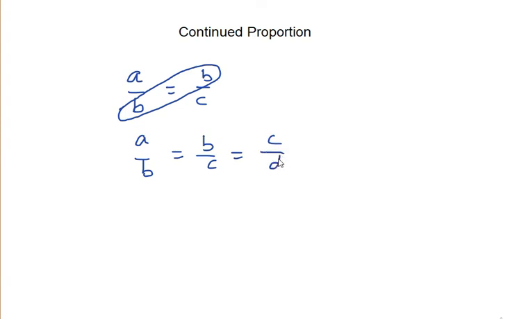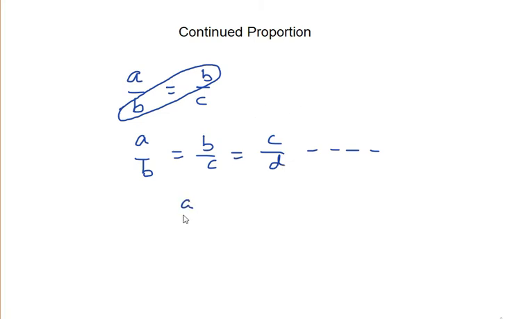If we have A ratio B is equal to B upon C, then I will say these two ratios, A ratio B and B ratio C, are in continued proportion. Why are these two continued? You can see the continuation over here. The denominator of the first ratio will equal the numerator of the second ratio, and this chain will show A upon B is equal to B upon C is equal to C upon D, and so on. We will say all these ratios are in continued proportion.